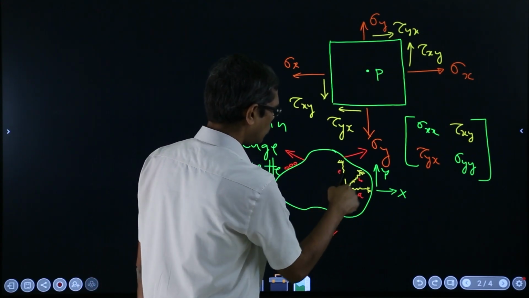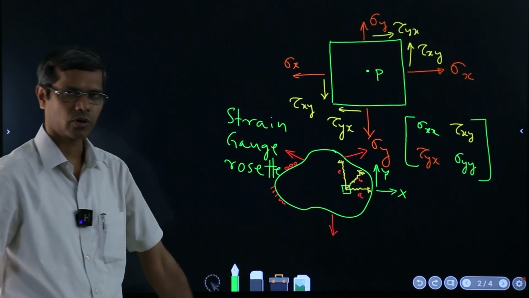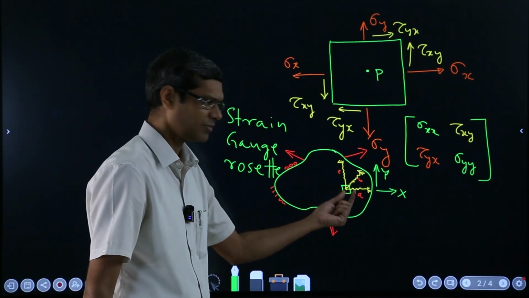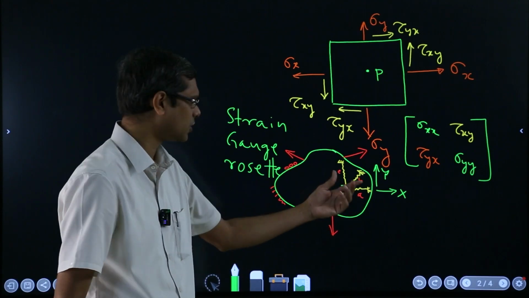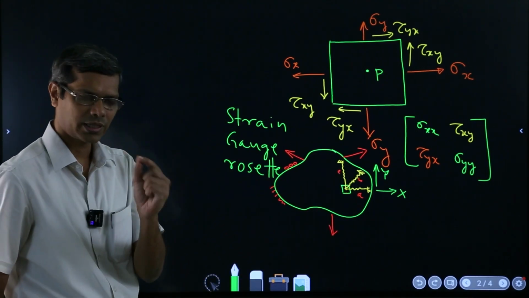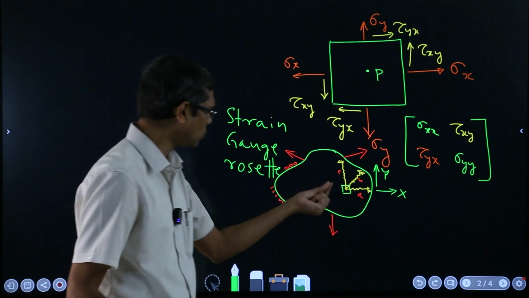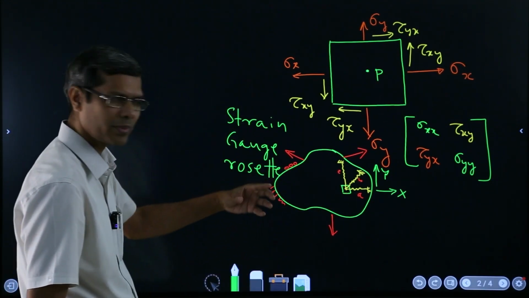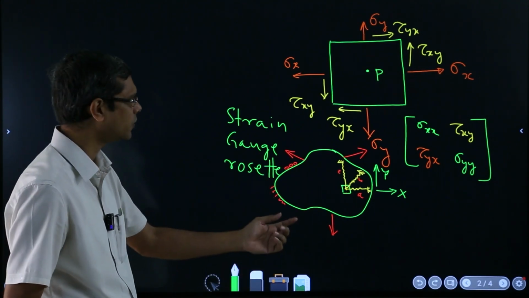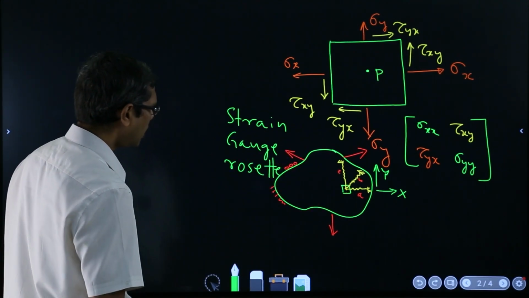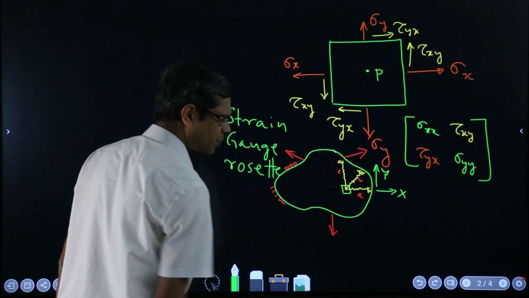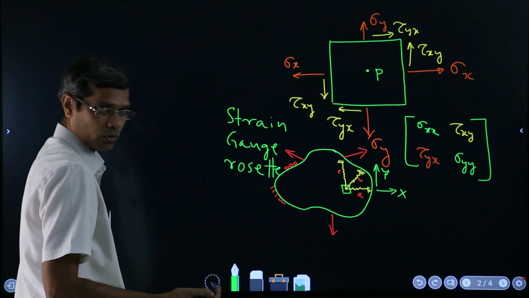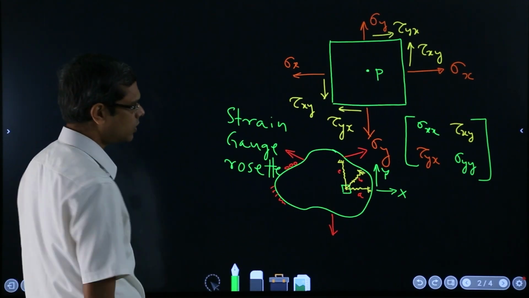It's like a rose, you know, so that's how the name rosette. So strain gauge rosettes are not these springs but very similar to these things. They are very small things which you can glue to the body, and then you can take the measurements. They come in the form of voltages, and the voltages are converted into strains. For us it is the springs, and from the spring you calculate the strains in the spring, the change in length of the spring to the original length of the spring,